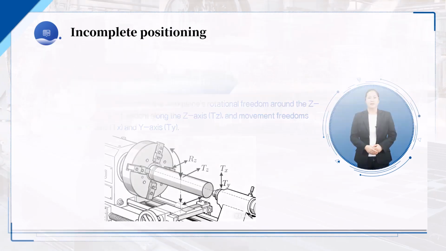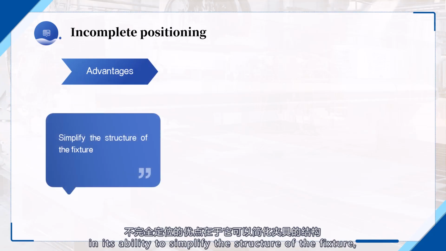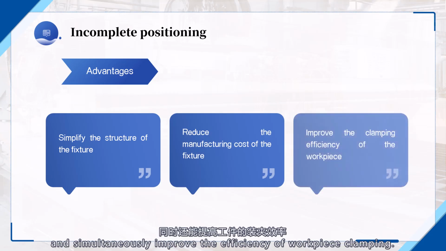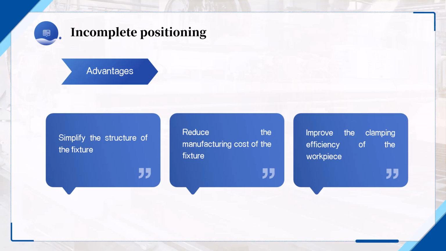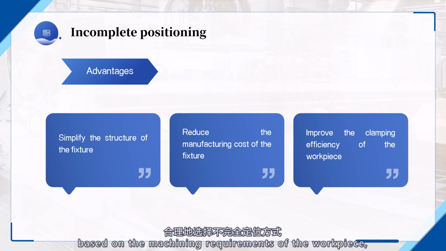The advantages of incomplete positioning lie in its ability to simplify the structure of the fixture, reduce the manufacturing cost of the fixture, and simultaneously improve the efficiency of workpiece clamping. When designing fixtures in practice, we should reasonably choose incomplete positioning methods based on the machining requirements of the workpiece,